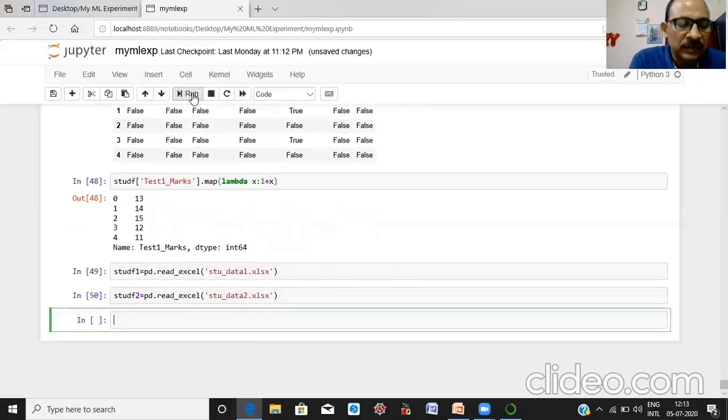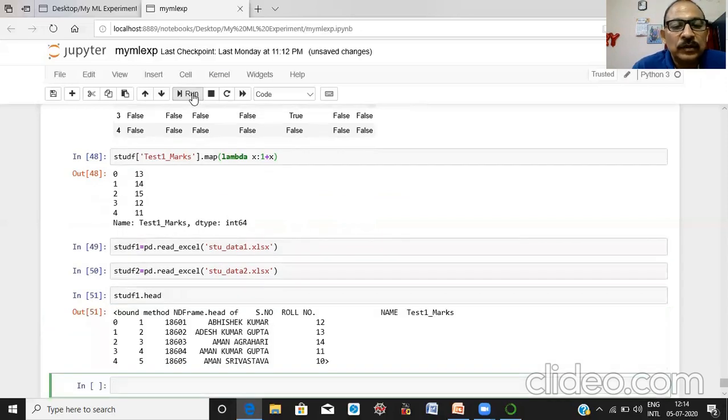Now let us see the contents of the whole data set.